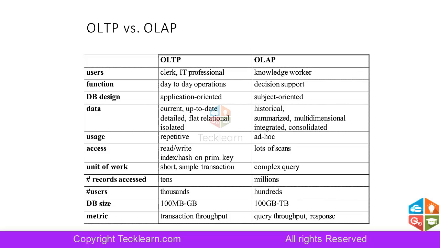Whereas OLAP is not very real time, because business users may take decisions at the end of the day or the end of the week or month, week on week sales or month on month sales. Sometimes there could be a need for OLAP to be real time too, but the majority of OLAP will never be real time. It will be near real time, but historical data will be maintained in it.